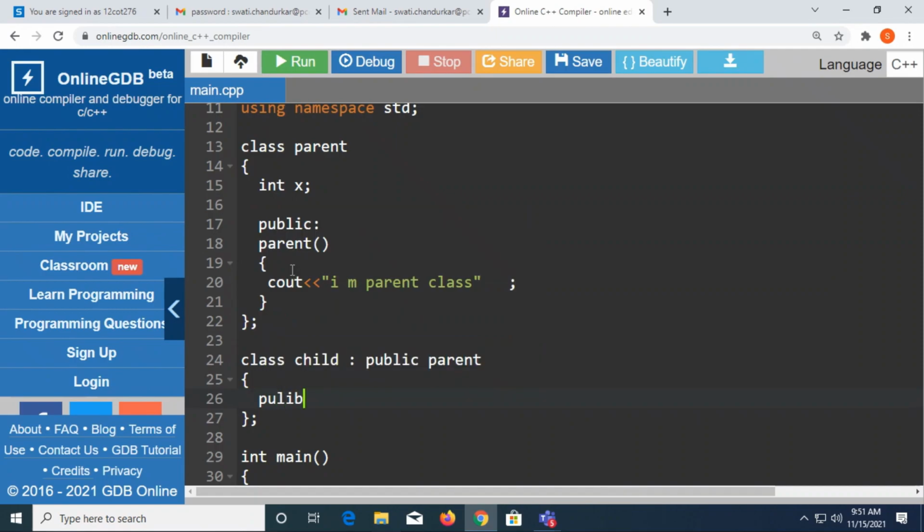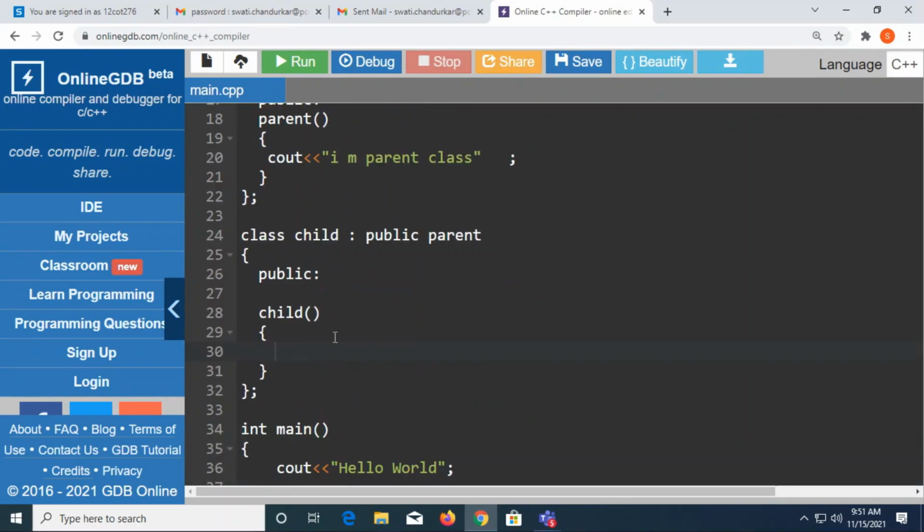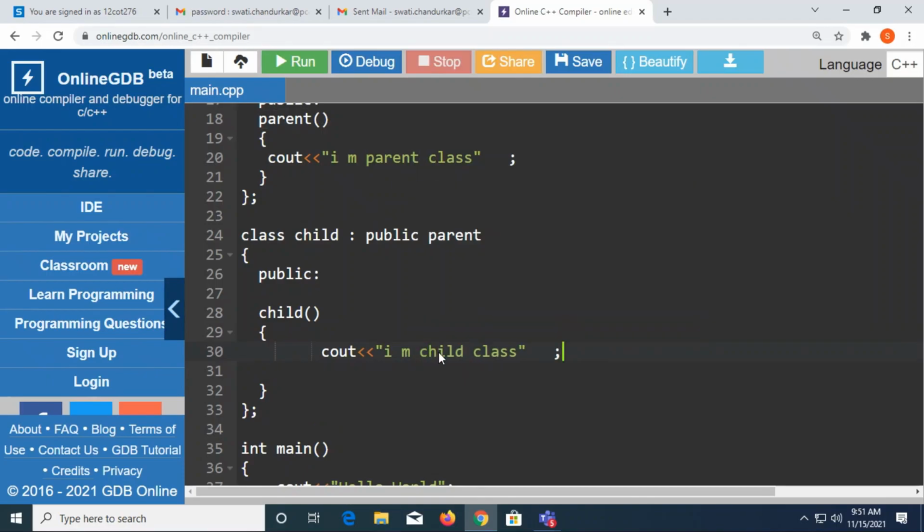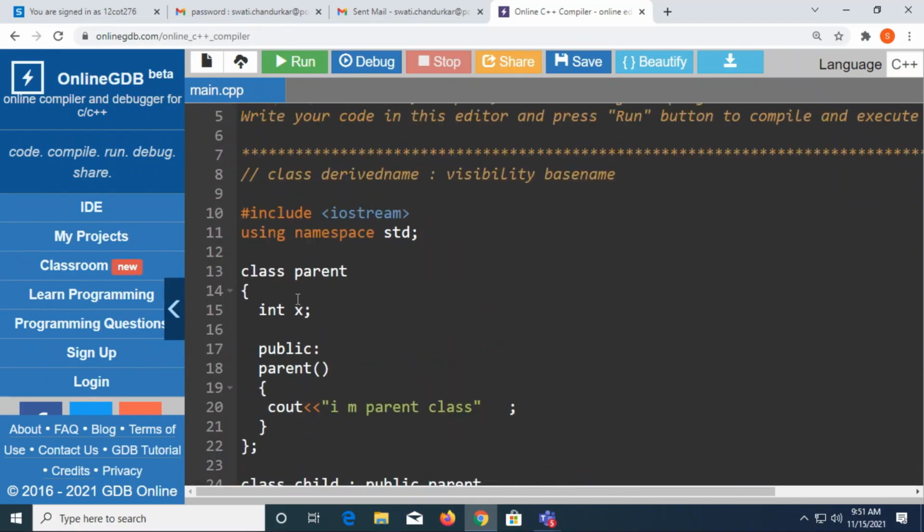In the public section of my child class, I will write the child class constructor. Now here, I'll just copy this one, put it here, and change the message to I am child class. Now see what I did?